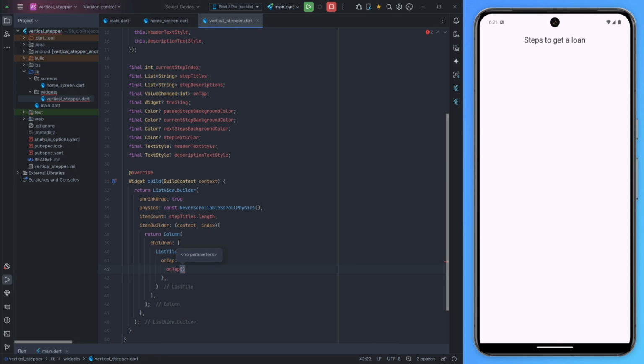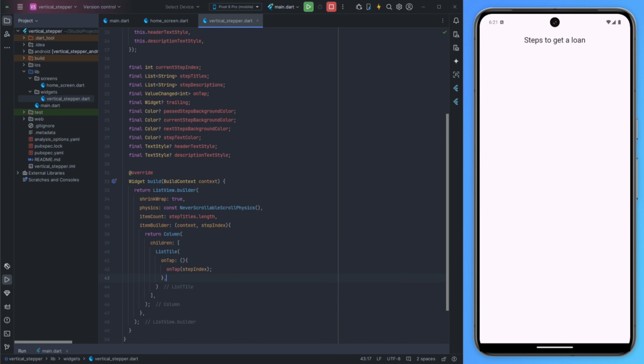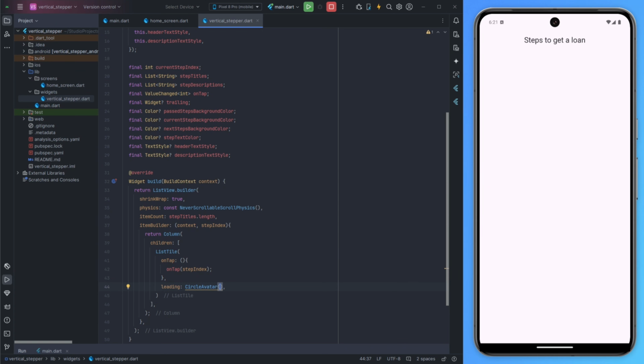And I set the list tile action and now I use a circular avatar widget to display the index of the step. And inside circular avatar,